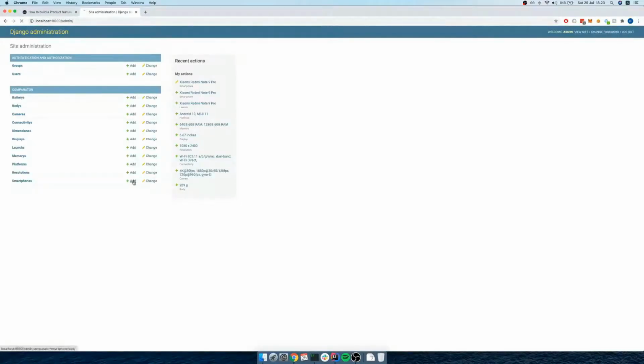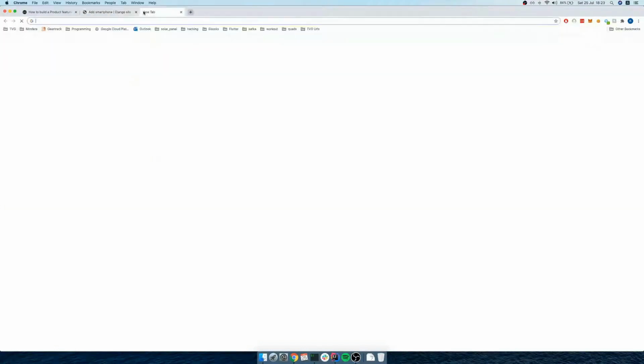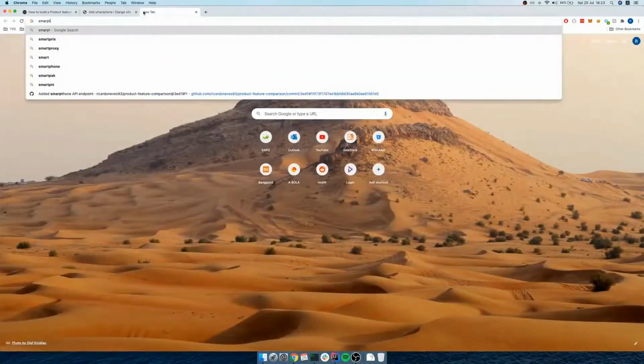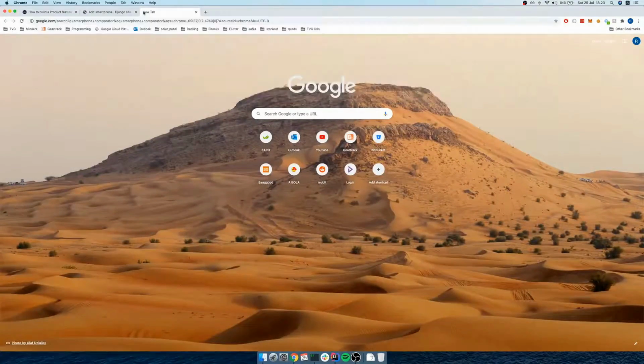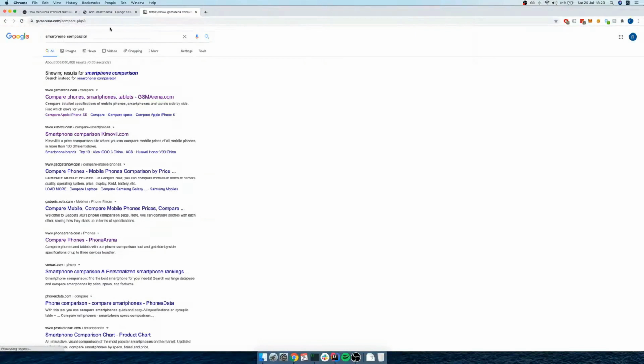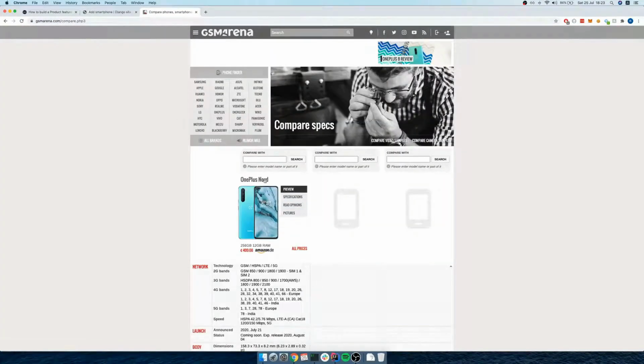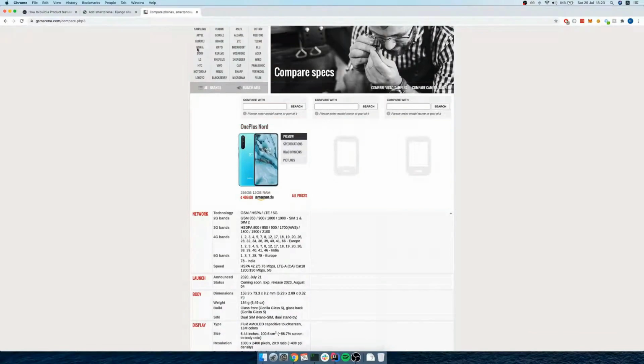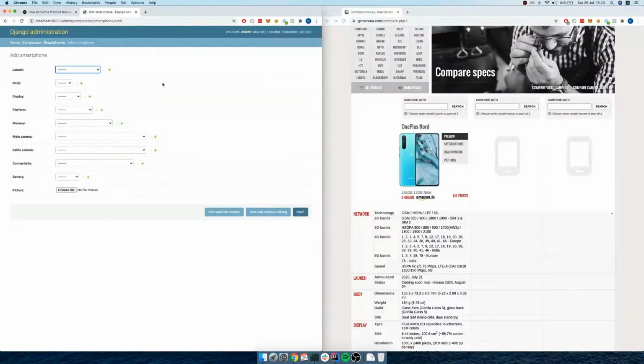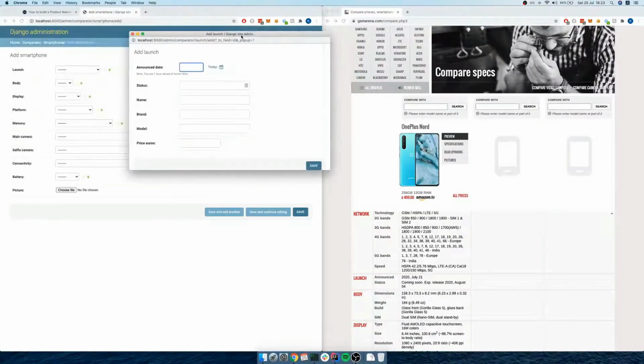Let's go to Django Admin, and let's open a comparator right now and see a smartphone to compare against. So OnePlus Nord, why not? So let's just go ahead and try to create it as fast as we can. If you don't want to see this, just skip it. So launch date, where is it? Actually, it's here, 2020, July 21. Status. So now